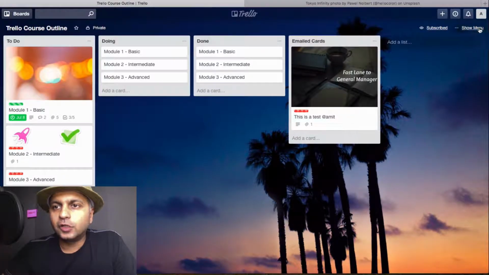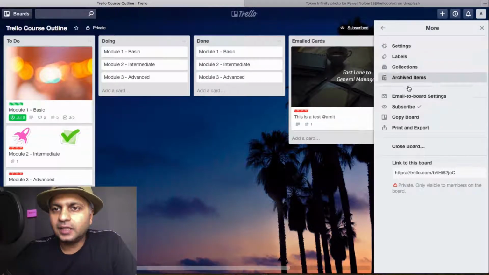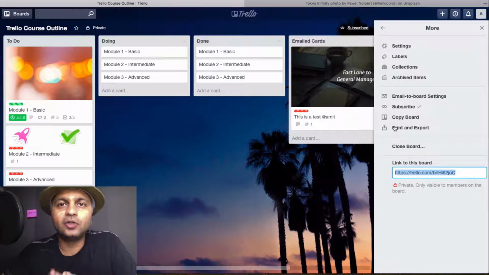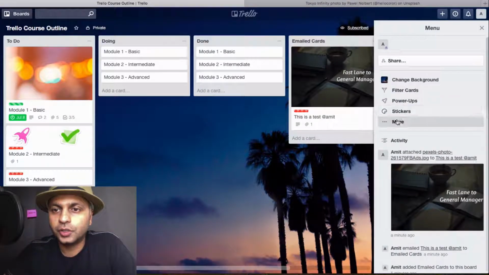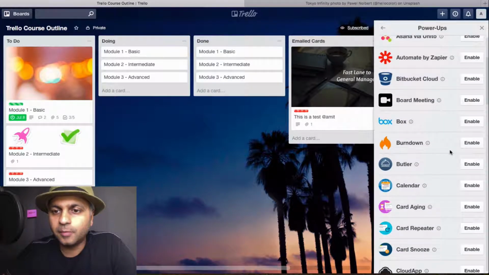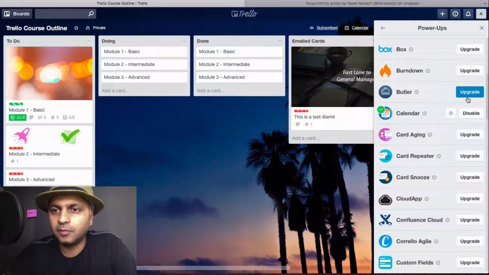And now let's look at the rest of the menu items. So I think that was it for our menu here. We can get into power ups now. So on your free account, you only get one power up, and I would say choose wisely. The one that I like to use the most, let me see if I can find it in here, is the calendar power up. So if I click on enabling this,